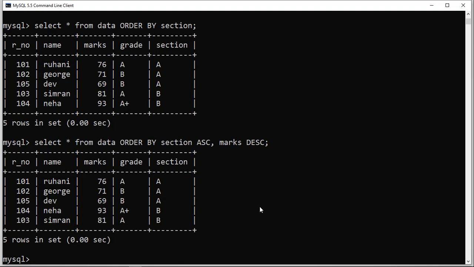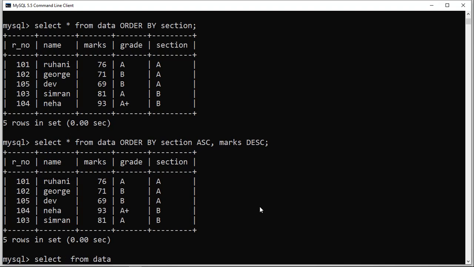Suppose we are writing this query: select asterisk from data. Don't use asterisk here, because we want to give a new field name.